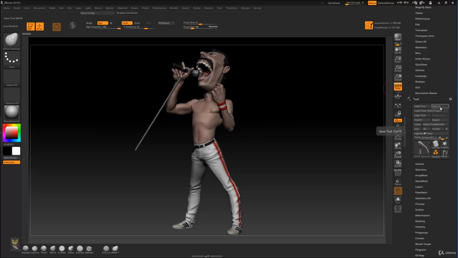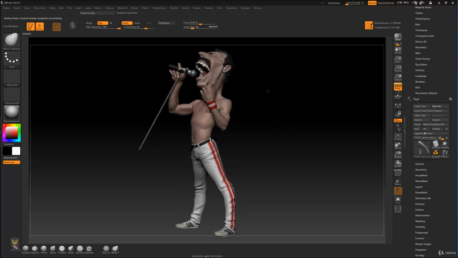I want it to be Control S. It's Control S, but I will click, delete, and now it's not Control S. I will Control Alt click, then Control S, and now it's Control S. Very easy. So this way we can make shortcuts for a lot of stuff, but these are the most important